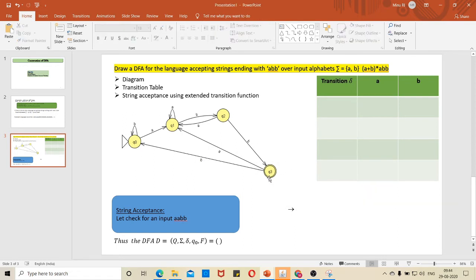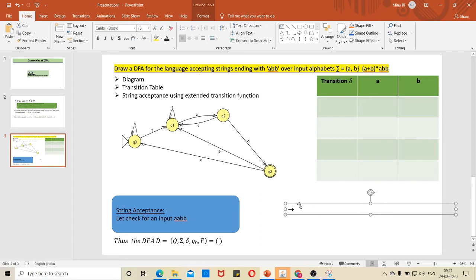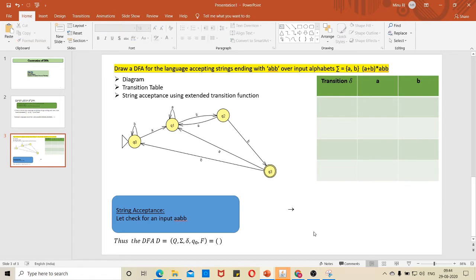And the final state we will be specifying using a double circle, that is very mandatory, students. Most of the students will draw the DFA or NFA or whatever it is, but they will forget to say which is the start state and which is the final state, and they will come and ask to claim marks. So, staff can't give the marks because you haven't specified which is the initial state and final state. So, then how can you claim the marks? Marks will not be awarded for that kind of answers. Now, the first step, the diagram, has been completed.